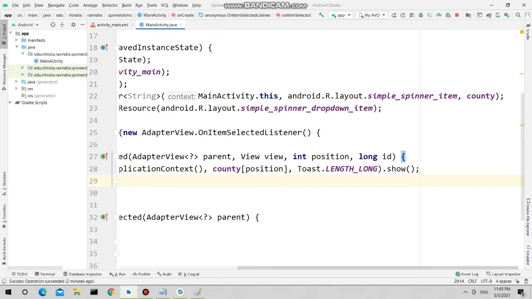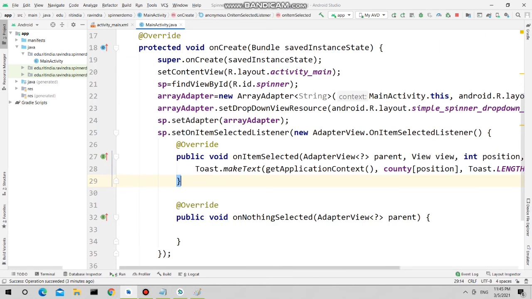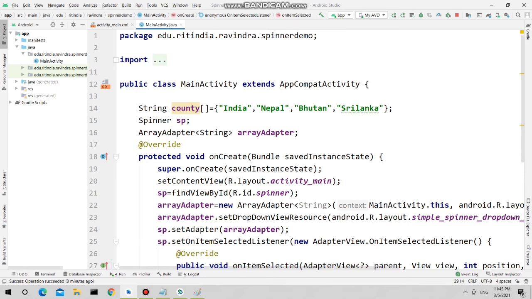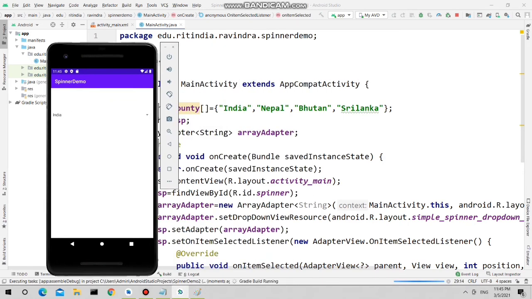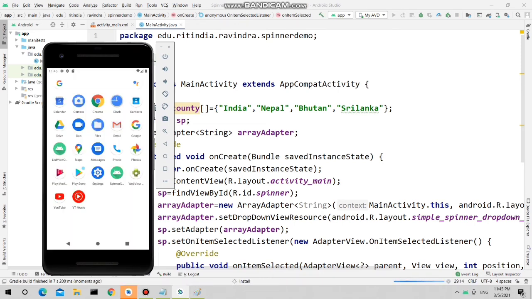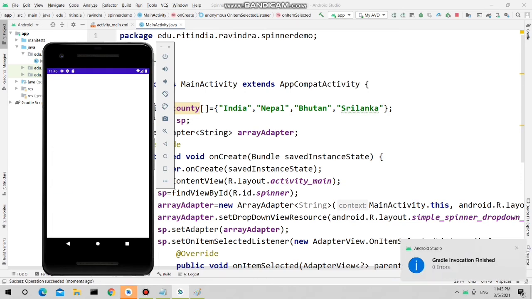Position. So run one more time. See, here India is.